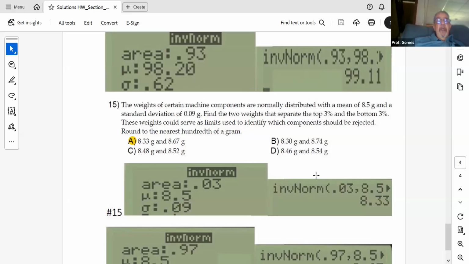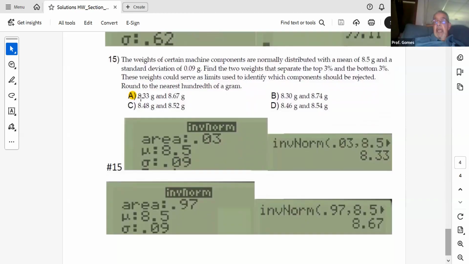If I drew the curve, the area to the left that separates the bottom 3% would be 3%, 0.03. That's why I have that there. He tells me the mean, he tells me the standard deviation, 8.33. Now, as I look at this, there's only one answer that has this 8.33, the area to the left. You follow me? Now, if there were two that had an answer of 8.33,